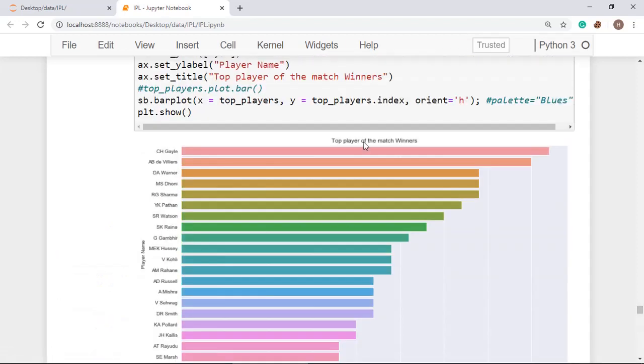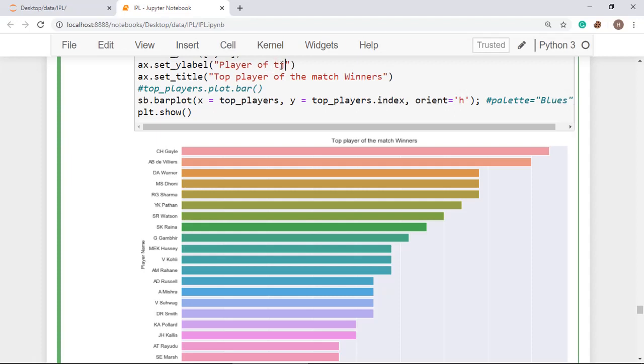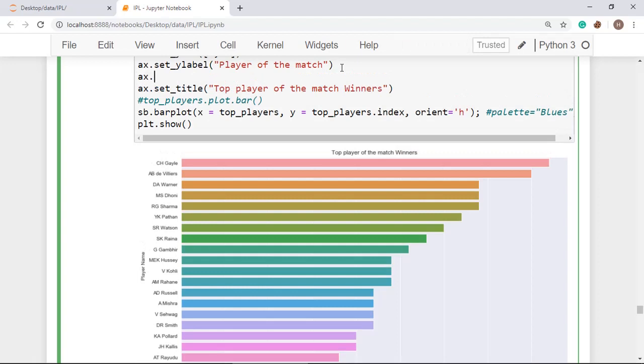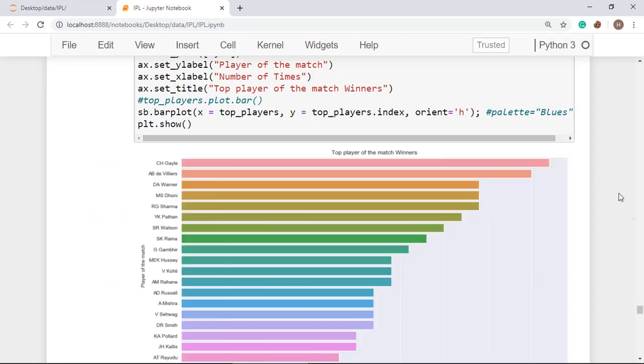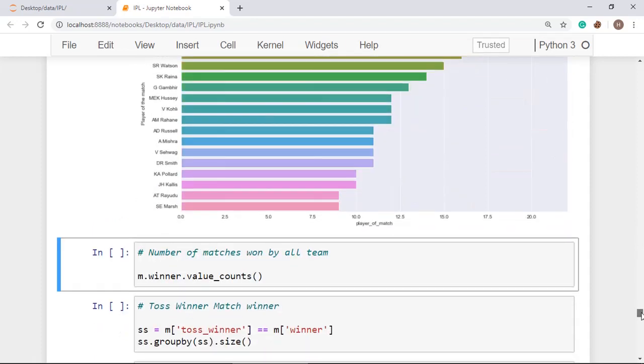Okay, so you can also change it like player of the match, and you can also set the x-axis label, x dot set underscore xlabel, and you can put something like number of times. All right, so you can see the labels have been put here.